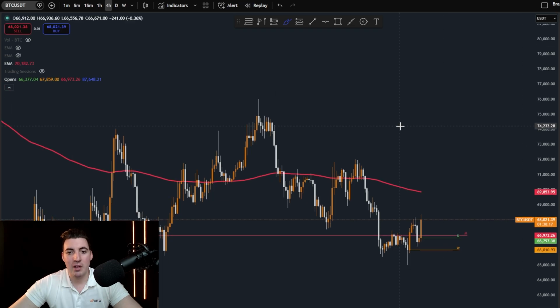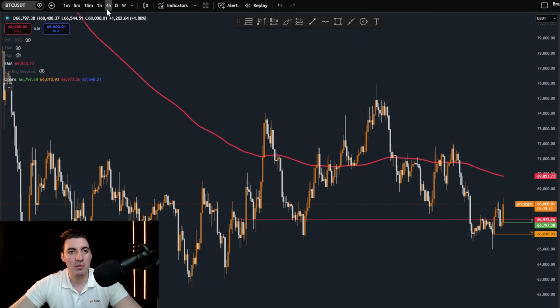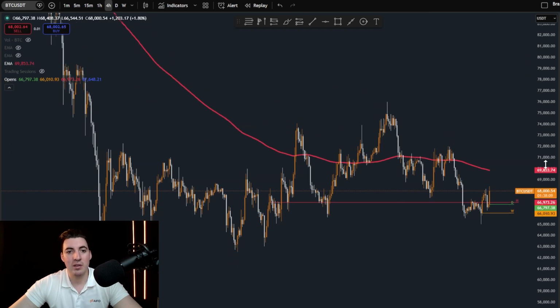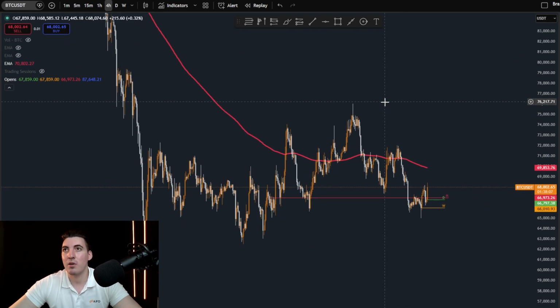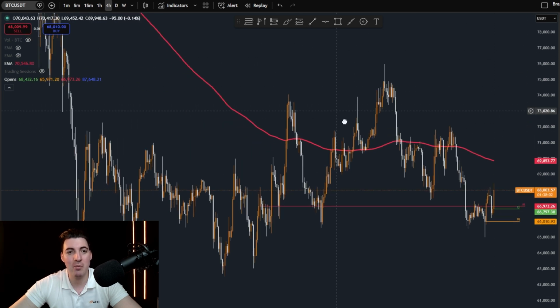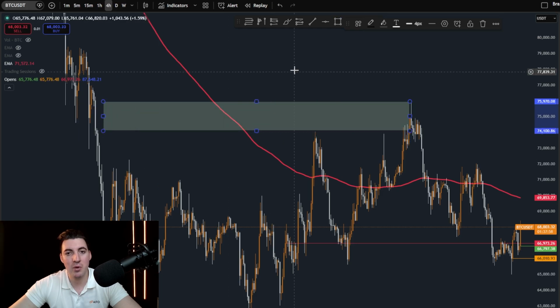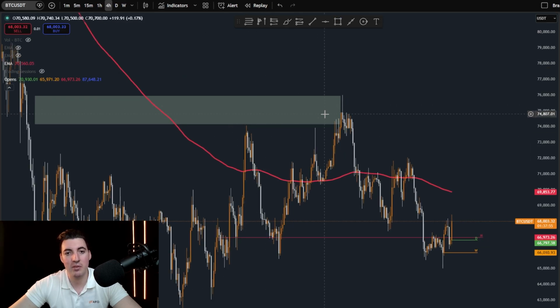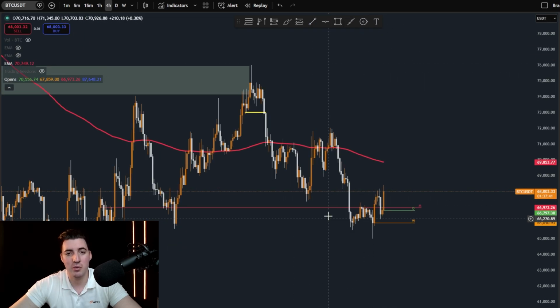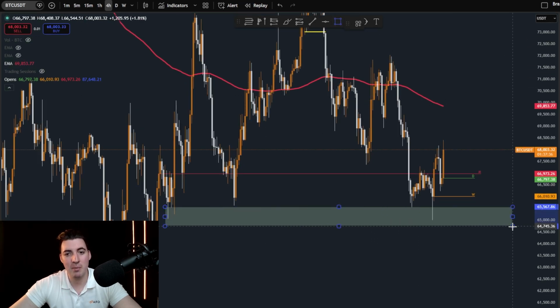BTC has been in a very awful consolidation stage for the last couple of days, and it doesn't seem as though the price is showing any signs of a reversal into the upside. We are certainly in a bearish trend at the moment. What we can see is that the price had come up. It clearly swept whatever stop loss orders were resting above this area, and then we can see this beautiful breaker structure into the downside. And if you had entered into that position, you would have likely have TP'd. But it certainly seems as though there is a substantial amount of support